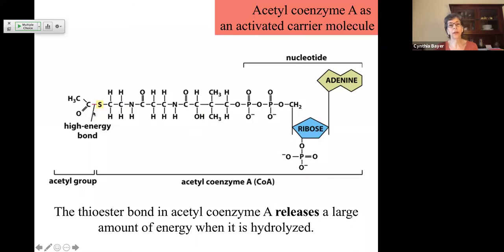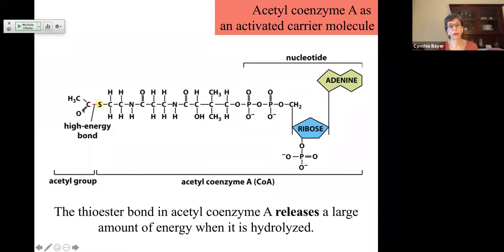At the very end, we have this sulfur atom that can bind to an acetyl group. We'll see where that comes from later on, which actually came from the food in oxidized form of our sugar molecule, forms a high energy